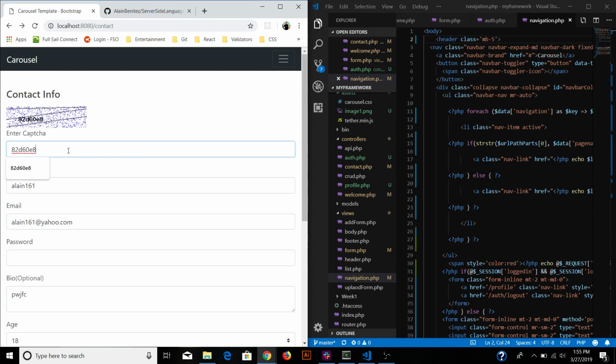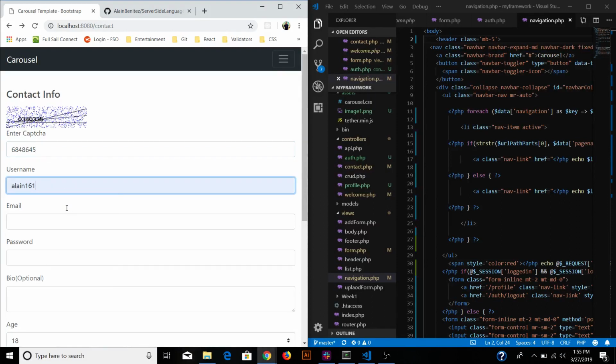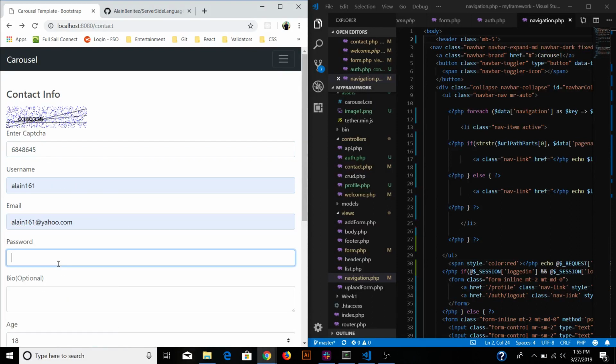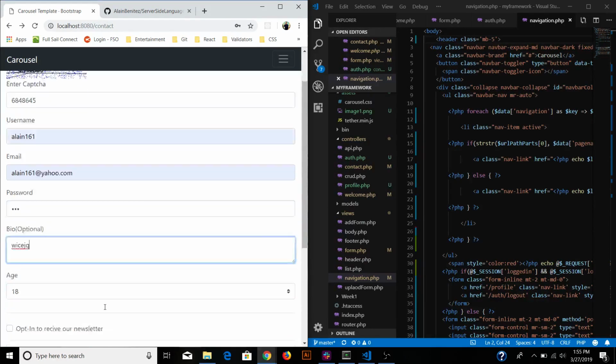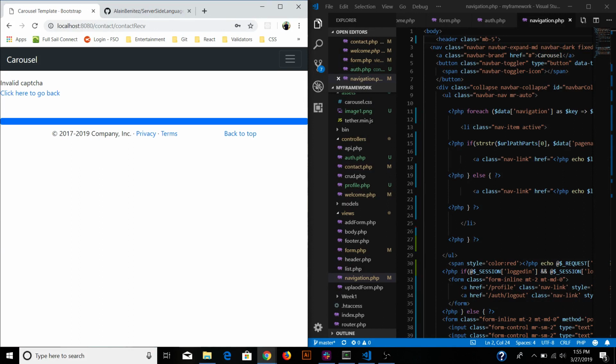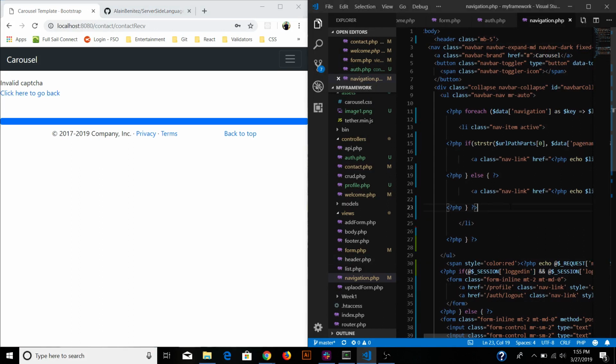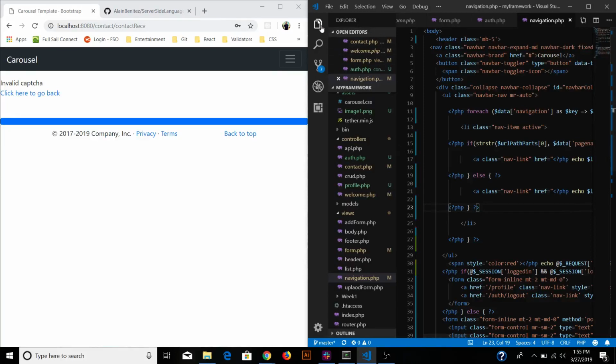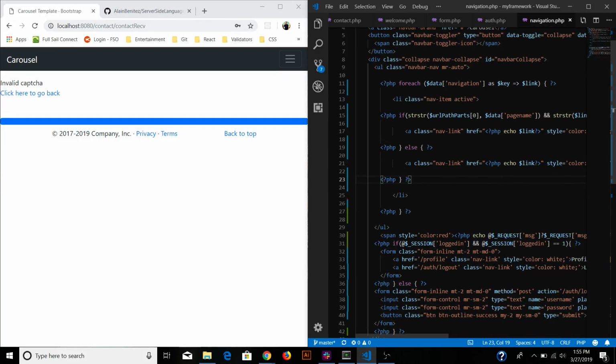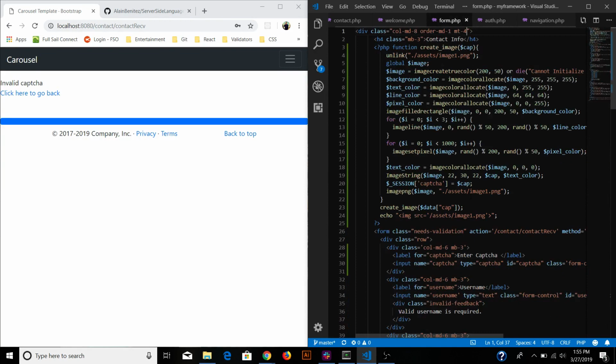Now let me do it incorrectly. Refresh. And then I'll put everything else correctly. And it'll tell you invalid CAPTCHA. And so that's how that's working, in the form,